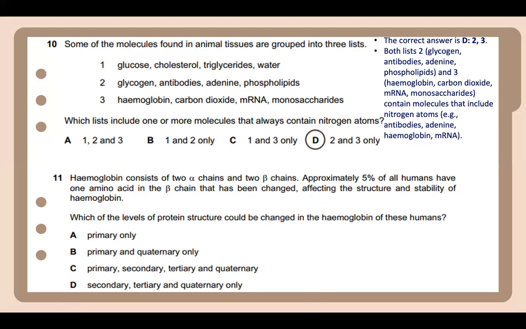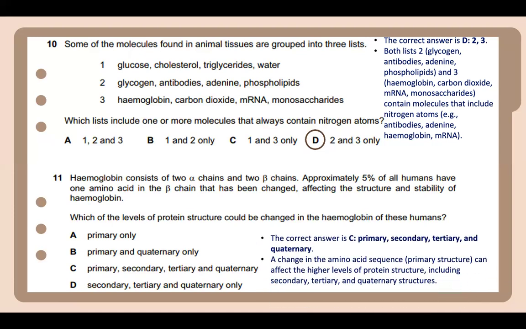Hemoglobin consists of 2 chains, 2 alpha chains and 2 beta chains. Approximately 5% of all humans have one amino acid in the beta chain that has been changed, affecting the structure and stability of hemoglobin. Which of these levels of protein structure could be changed in the hemoglobin of this human? The answer is primary, secondary, tertiary, and quaternary. A change in the amino acid sequence, the primary structure, can affect the higher levels of protein structure, including secondary, tertiary,